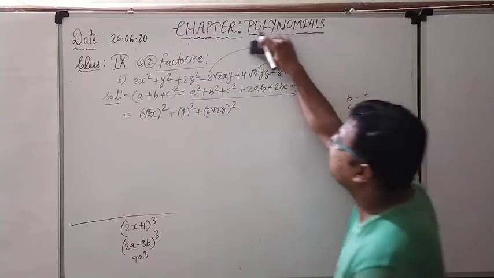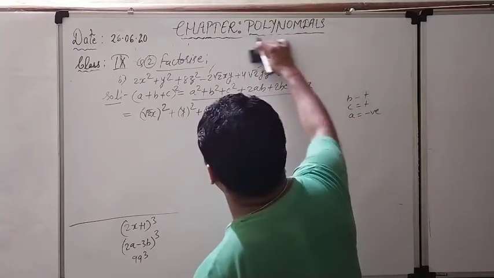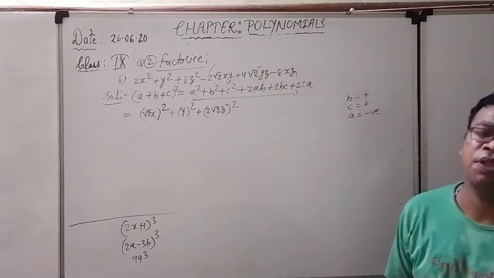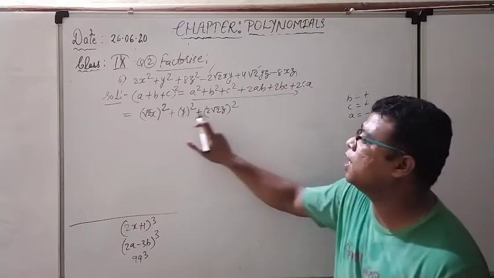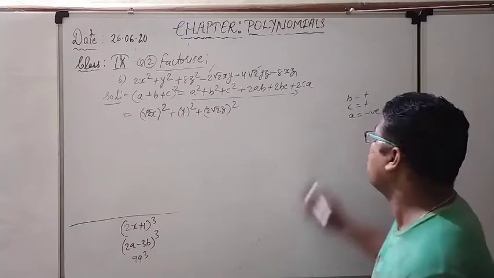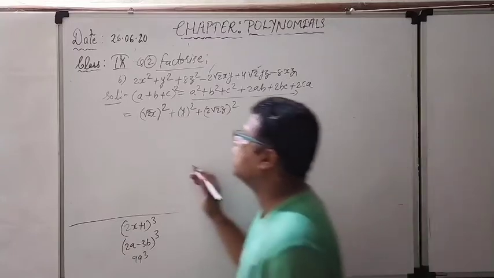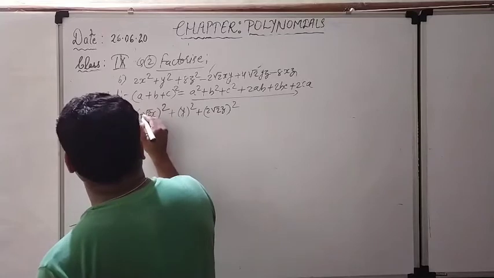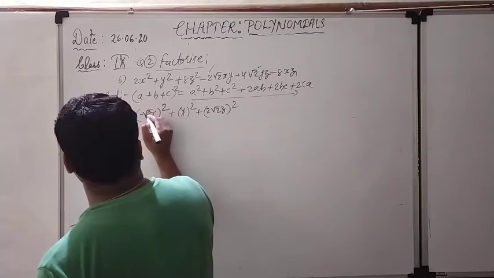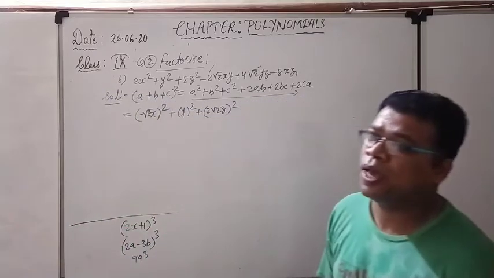From here, when we come to know which is positive and which is negative, half of the thing is going to be finished. Which is positive? B and C are positive. So B and C both are coming in the positive form. Only A is negative. So here this is not root 2x. Actually it is minus. Outside the square root, the minus sign is also there. Minus (root 2 x) whole square.